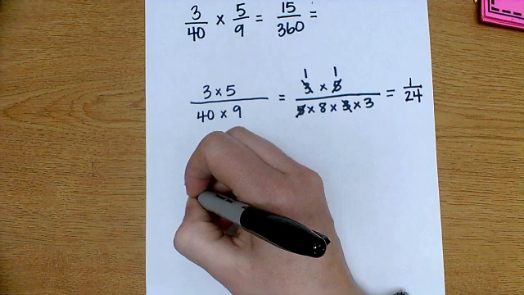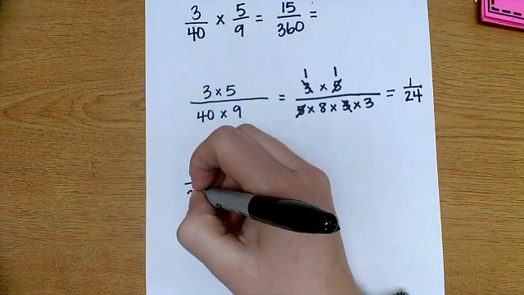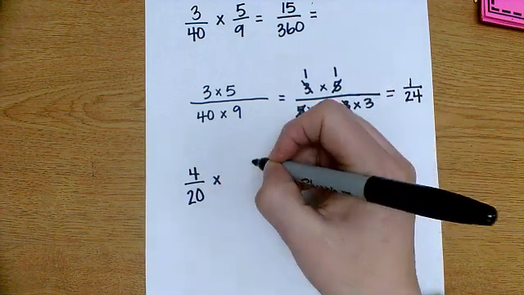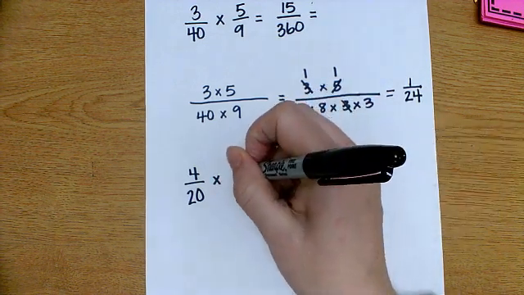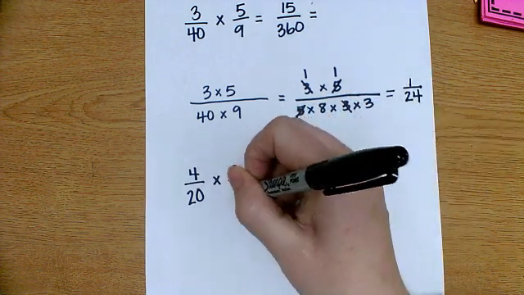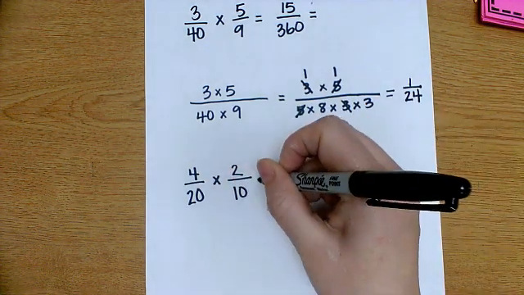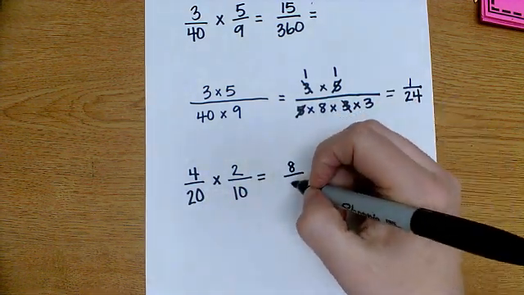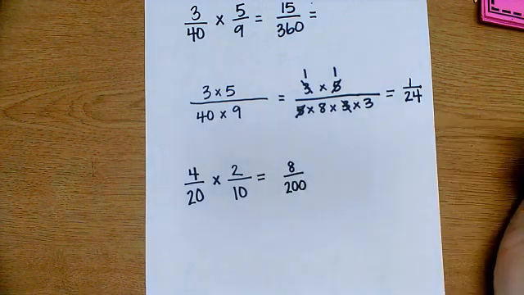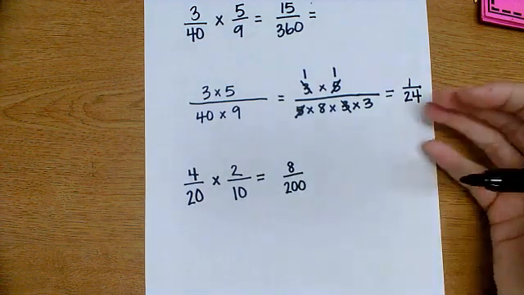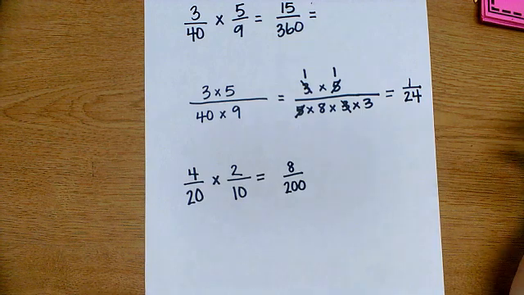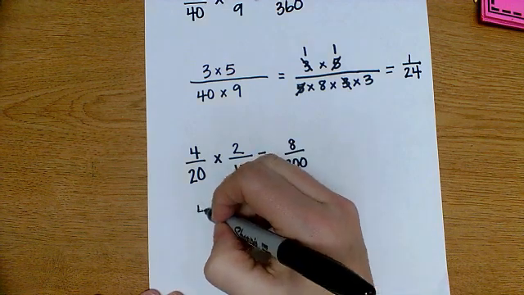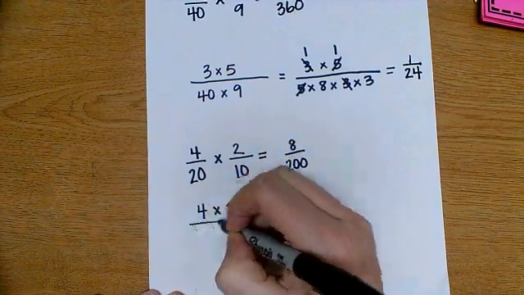Let's look at 4 over 20. And let's multiply it by 2 over 10. So we could multiply across, and we would get 8 over 20 times 10 is 200. And you might be able to look at that right away and say, okay, I know I can divide by this. But we can also, again, break it down and show you that it's 4 times 2